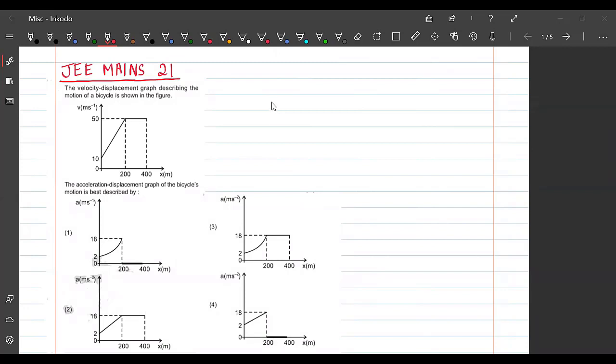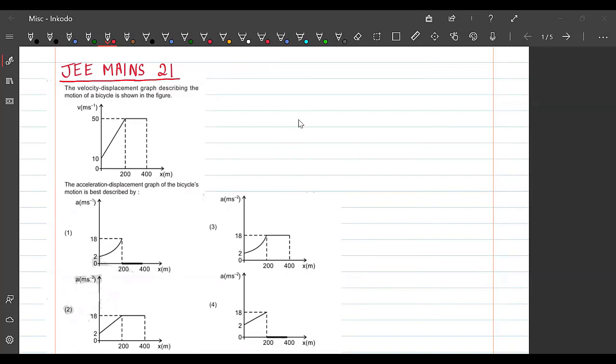Hello students, we are going to see another problem from JEE Mains which came this year. In this question, the velocity displacement graph describing the motion of a bicycle is shown in the figure. We have a graph between V and X, and they are asking which of these is best describing the acceleration